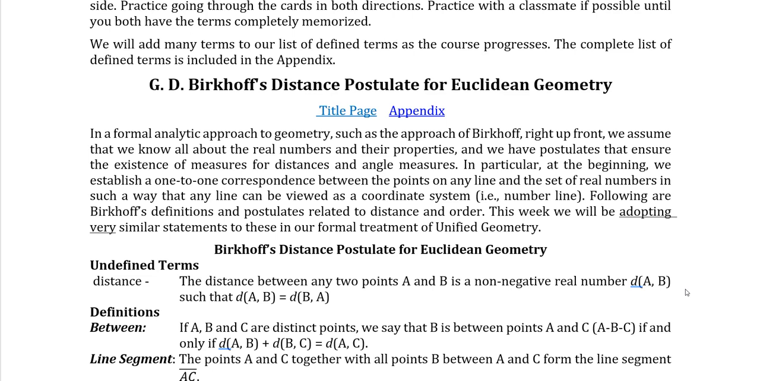In a formal analytic approach to geometry like that of G.D. Birkhoff, right up front, we assume that we know all about the real numbers and their properties, and then we have postulates that ensure the existence of measures for distances and angle measures. In particular, at the beginning, we establish a one-to-one correspondence between the points on any line and the set of real numbers in such a way that any line can be viewed as a coordinate system, in other words,